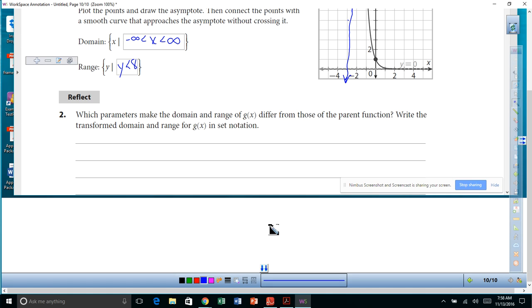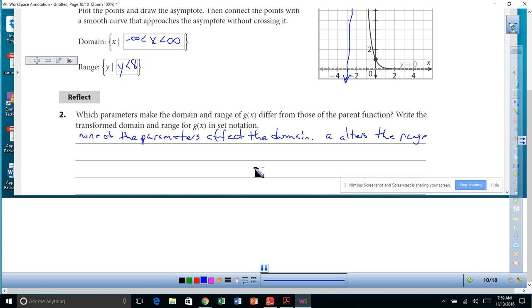None of the parameters affect the domain. It's always the same. What does A do? A alters the range